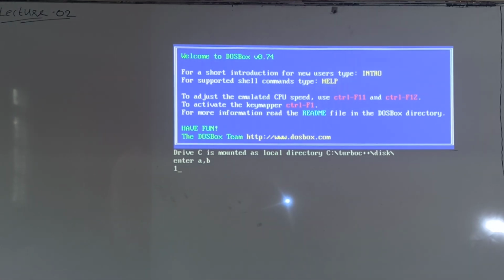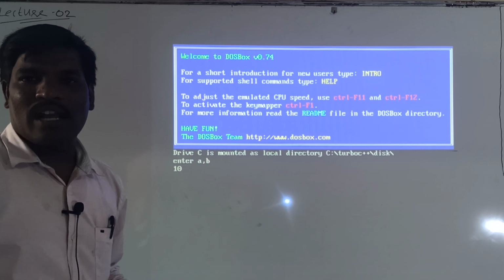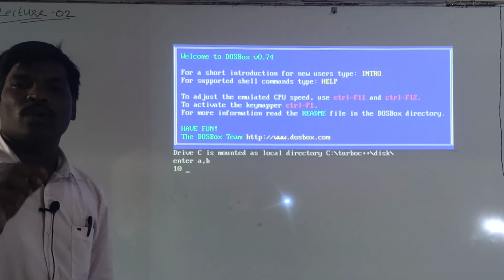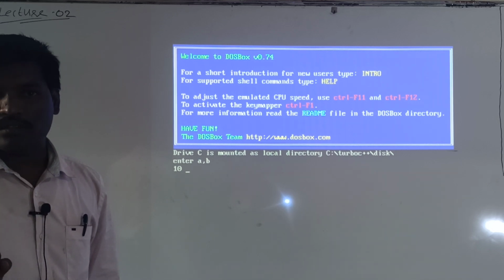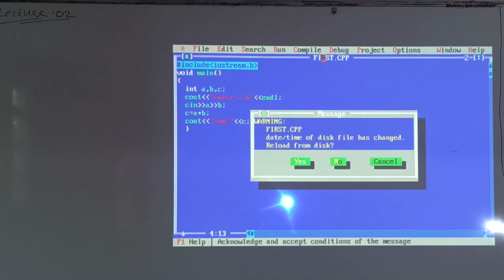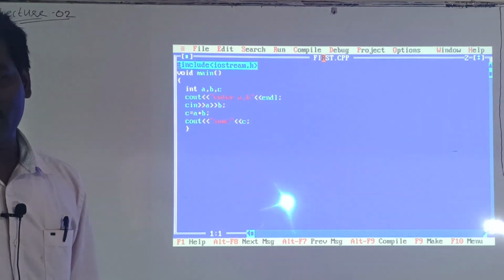First I enter 10. After entering the first value, we have to use either the space bar or the enter key. Don't put a comma. Okay, 10. Next I hit the enter key, 20. The result should be 30.